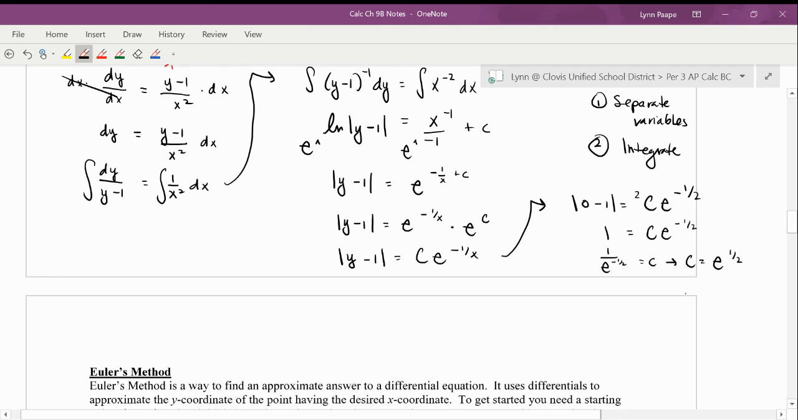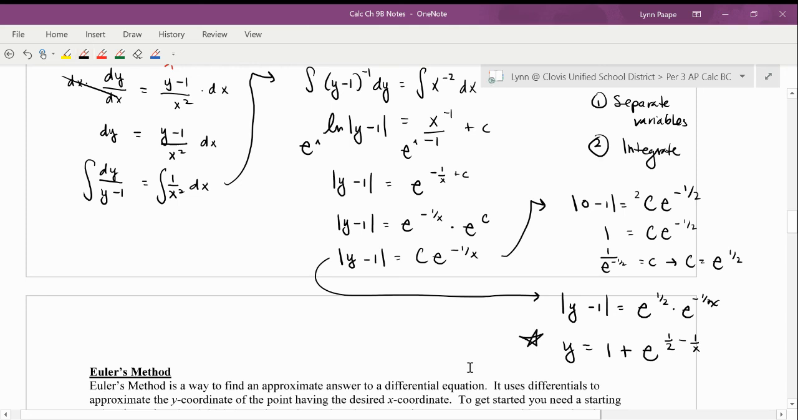Okay, so then I have that equation. I've lost track of where I was, so let me see, right there. I have the absolute value of y minus 1 equals C, which was e to the 1/2, times e to the negative 1 over x. And it does ask me for y as a function of x. So I would have y equals 1 plus e to the, add my powers together, 1/2 minus 1 over x. I did that kind of quickly. I hope I didn't make a mistake somewhere. If I did, be sure to shoot me a message. Okay, so that is the end of